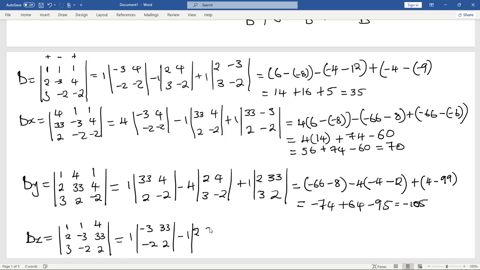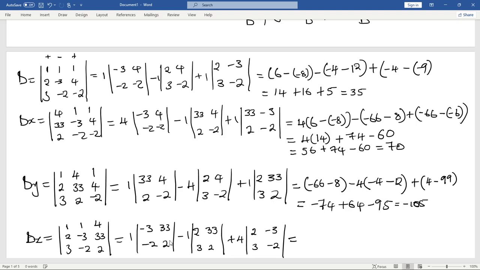So we have 2 here, 33, 3, 2 like this. Plus, we keep a 4 there. The 2 by 2 matrix that we remain with here is 2 here, negative 3, 3, and negative 2 here. So we have 2, negative 3, 3, and negative 2 like this. So this here is equal to